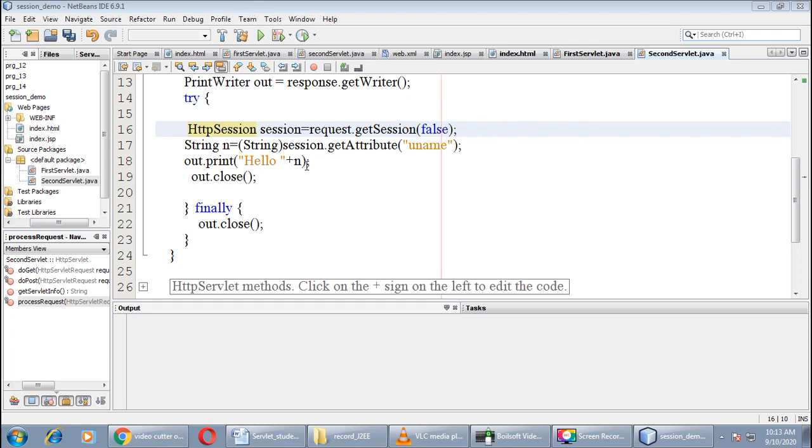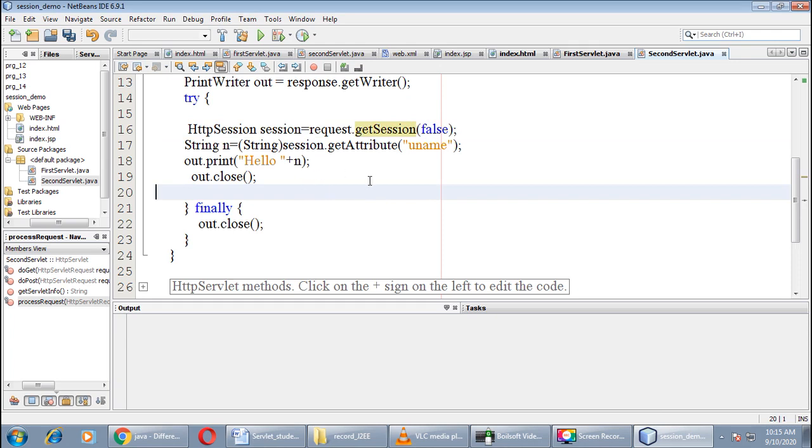So for that we'll type request.getSession. This method will return a value if your session exists. That's why I pass a false as a parameter, right?